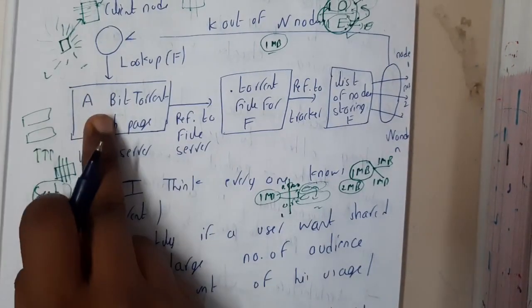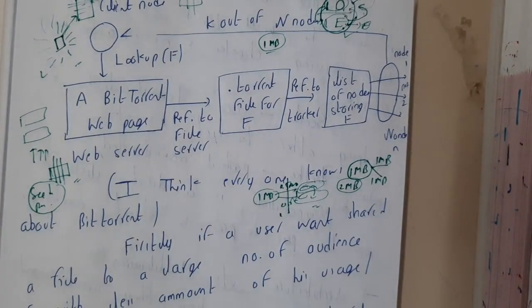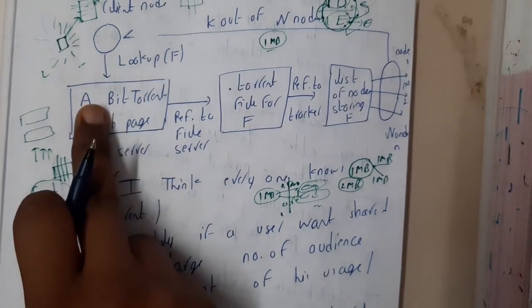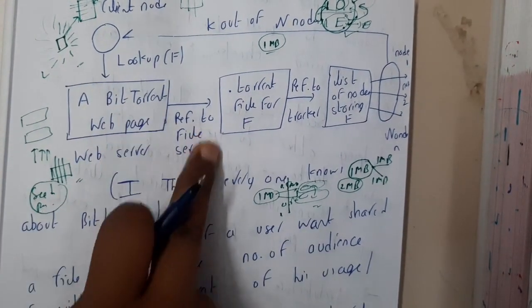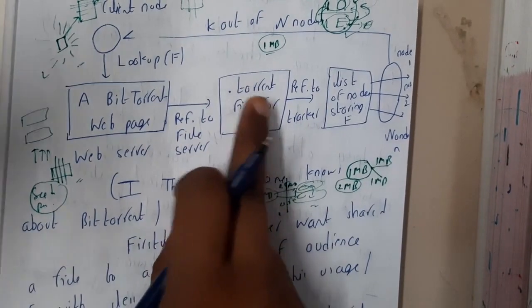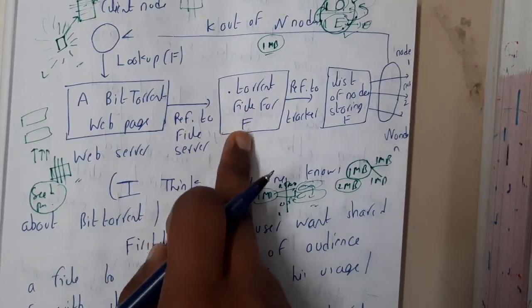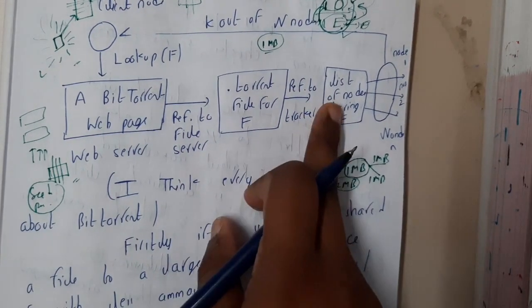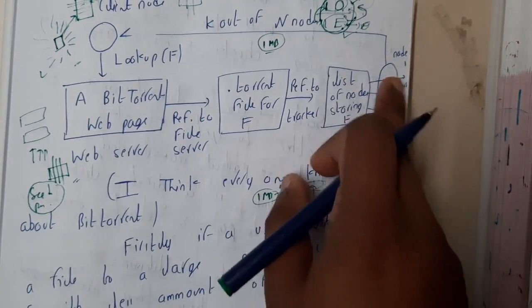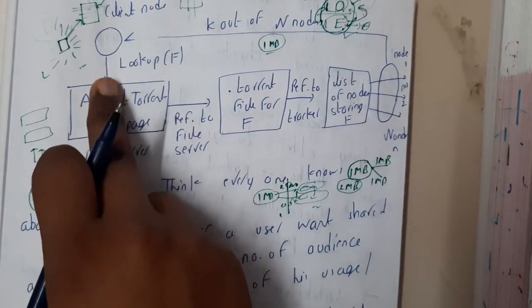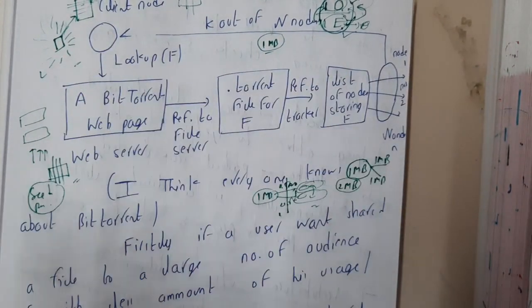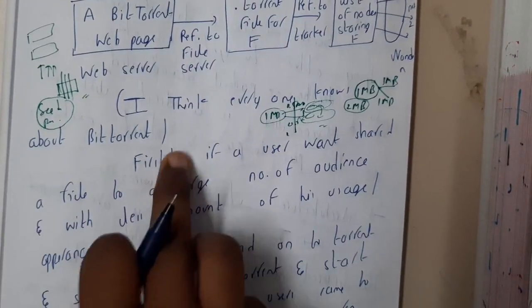So whenever a BitTorrent web page is given, it will be referring to the torrent file. Those are nothing but .torrent files. Based on that you will be getting the file, and based on that in the search history you will be getting them, and these are divided into multiple nodes, and based on that you will be getting the data and looking up for these things. So this is a simple process flow you can say, right guys? Okay, so that's what I have written here.